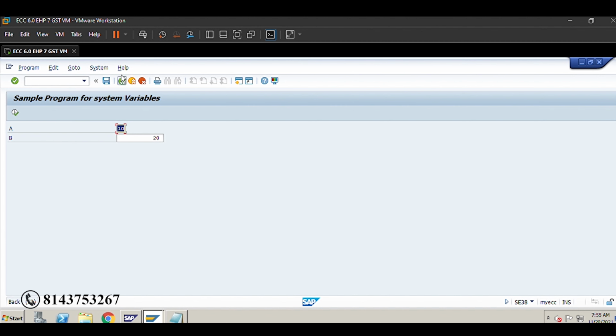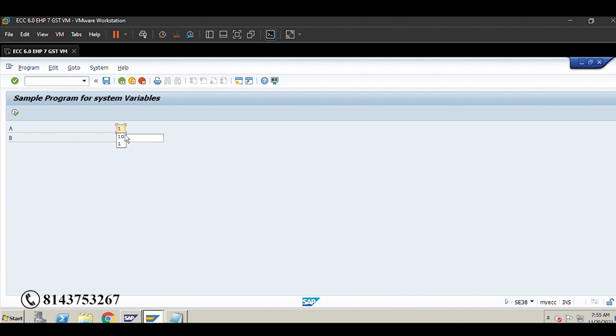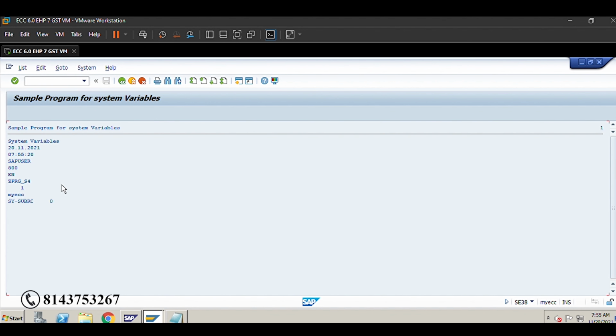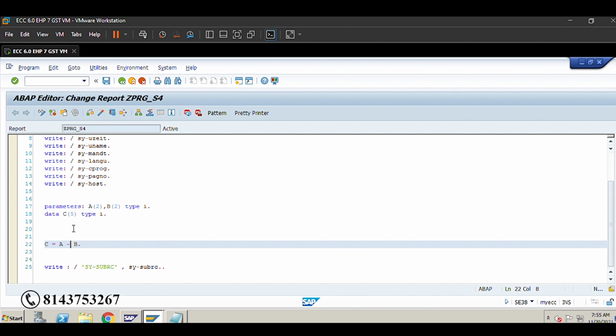So what I will do, I will give a minus b. See here, 10 minus 20. Is it possible? No, right? So what will it give? It will give minus 20. So it is not telling us.